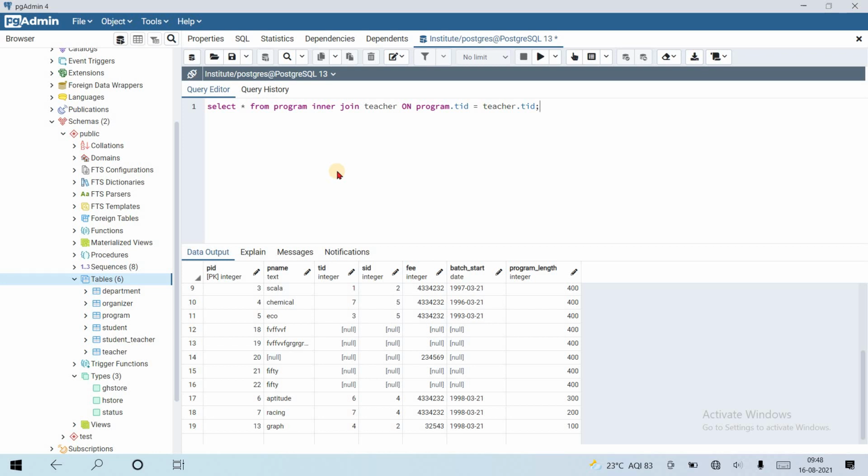Okay, let's filter some more records. Suppose the student where batch start is 1993-03-21. Okay, so use a where clause on batch start.